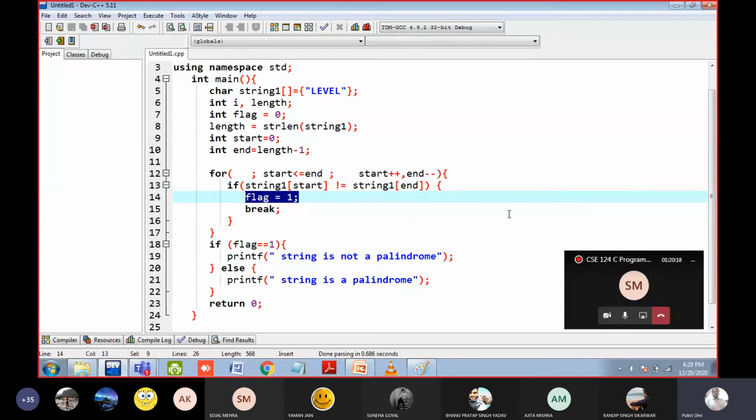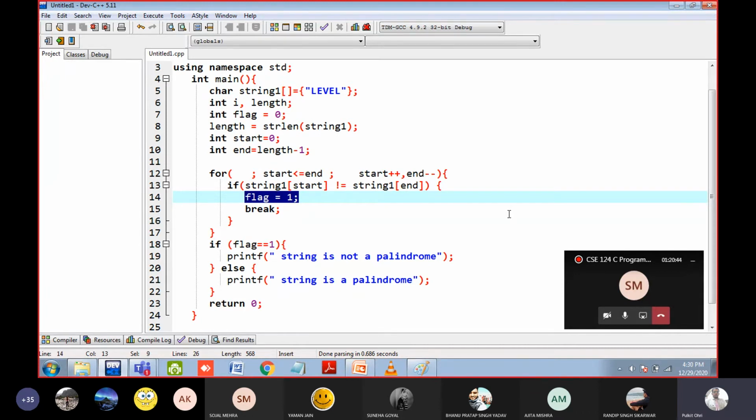Read this code and you have to explain me how this code is working. I have told you about the logic. I have not told you about the flag variable, how it is working. Just check out the code and then I will explain it. But first do some effort, try to understand it, because that is an easy code, that is not difficult. And 90 to 95% of the working is same as of reversing the array.